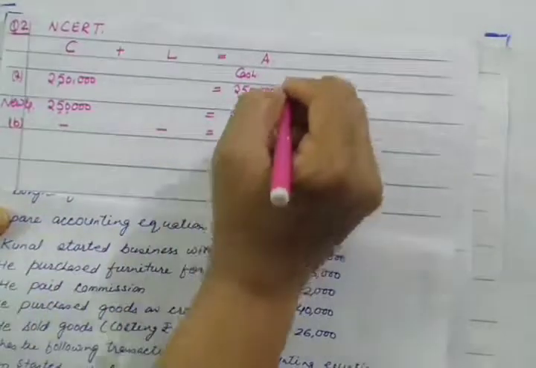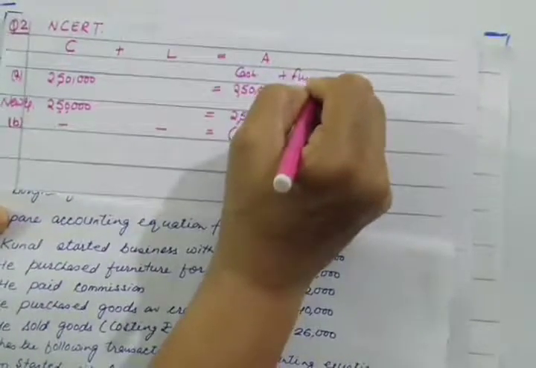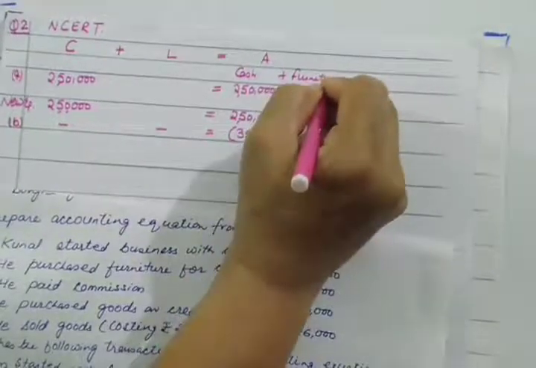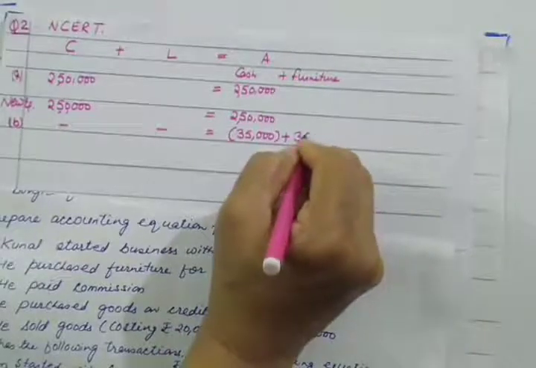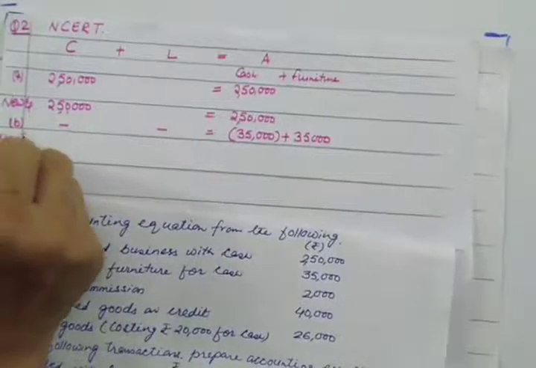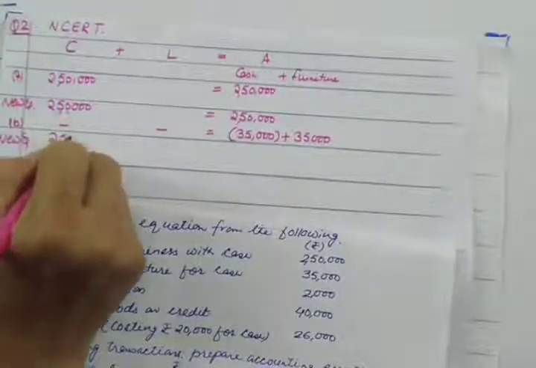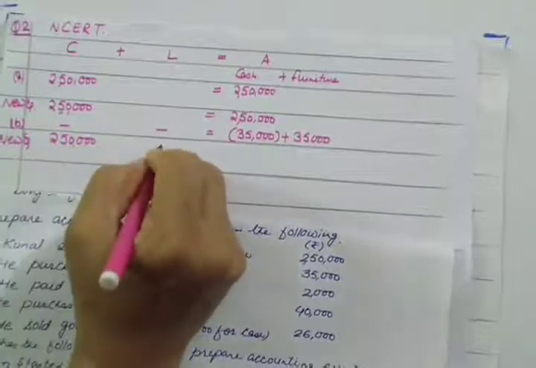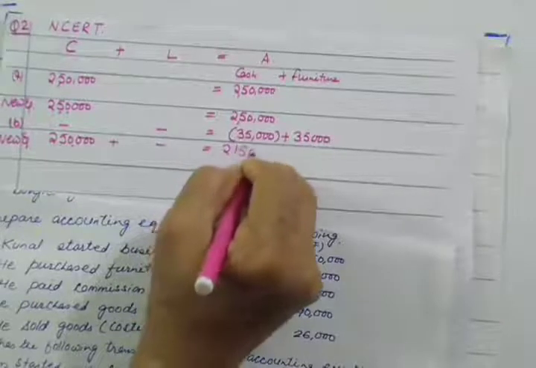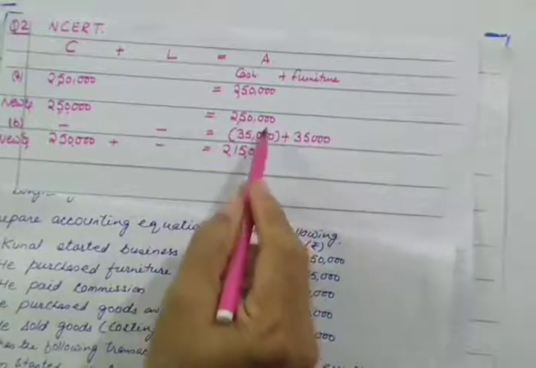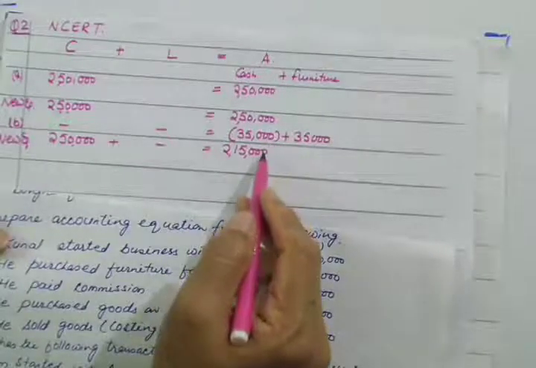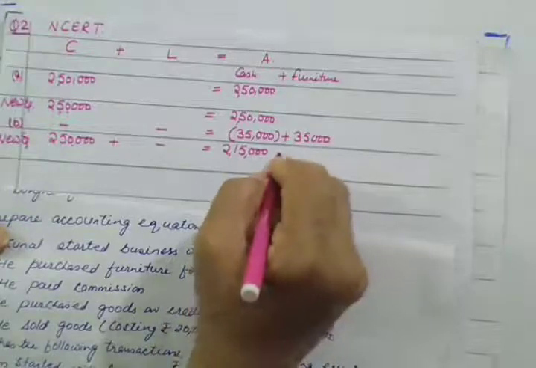By putting a bracket. The name of the new item is furniture. Amount is 35,000. So let us see the new equation after this. 2,50,000, no change here, don't write anything. This will be 2,15,000. When you deduct 35,000 from 2,50,000, the answer will be 2,15,000 plus